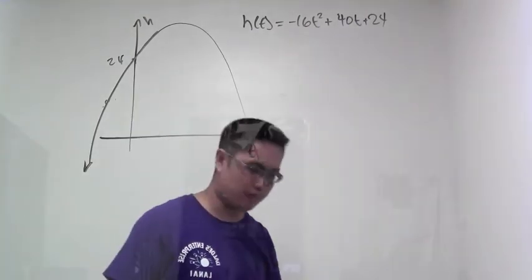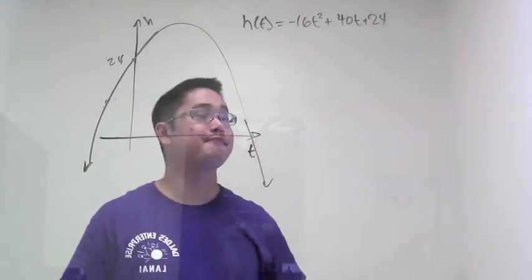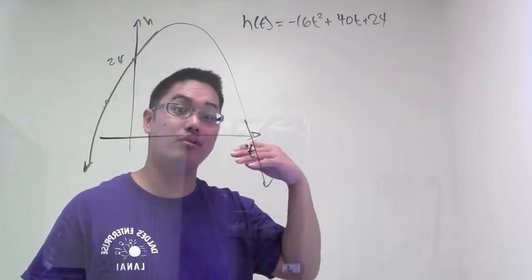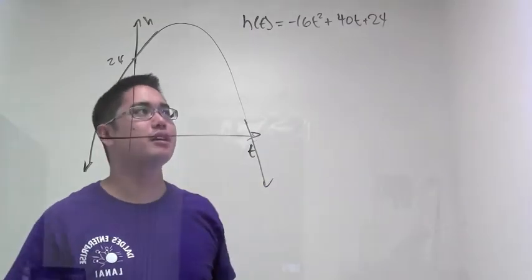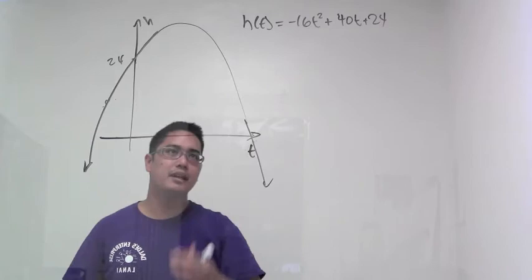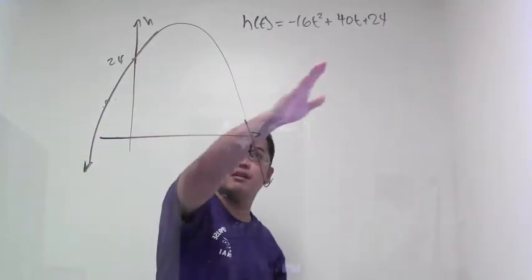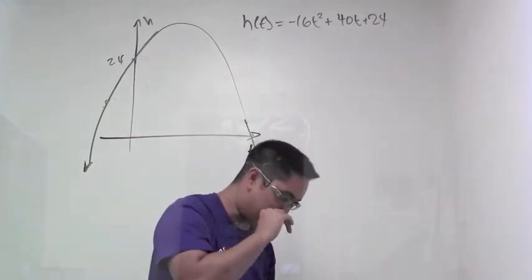In fact, here's a question for you. Why negative? Why is it negative 32 and negative 9.8? Because it's pointing down. All right. This 40 right here comes from the velocity at which this person was throwing it. If I were to plug this into a graphing calculator, I would see this graph. But my question for you is,